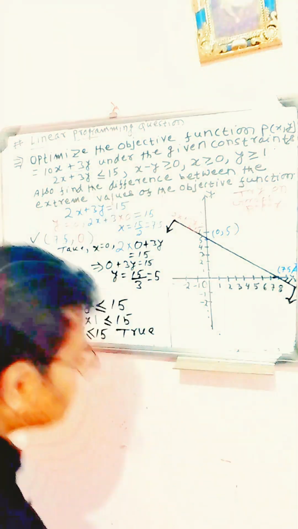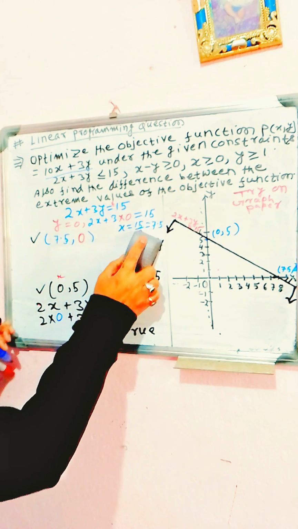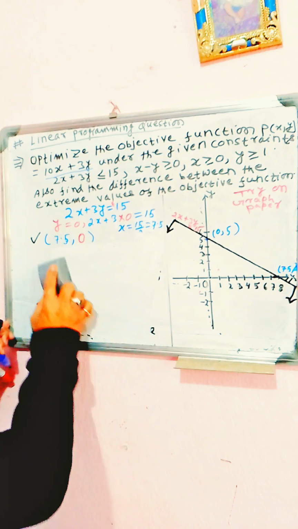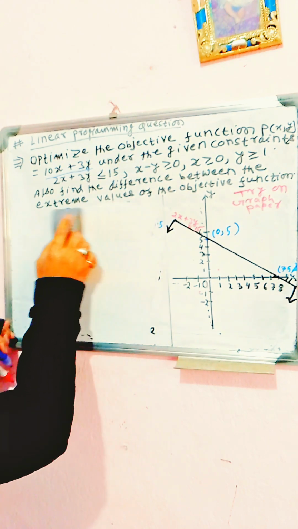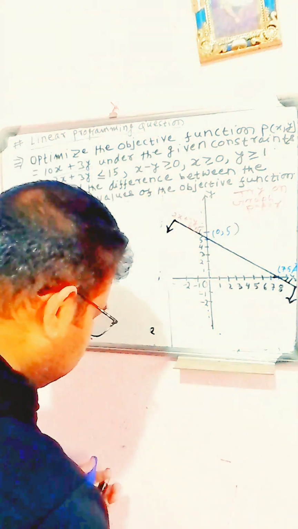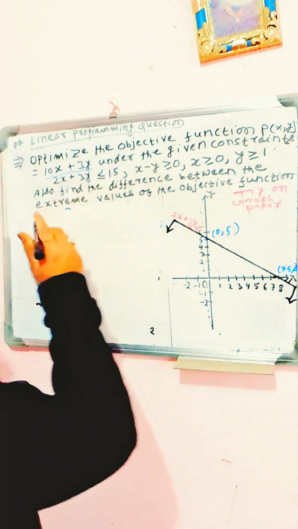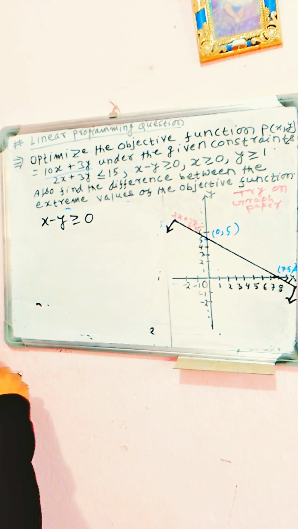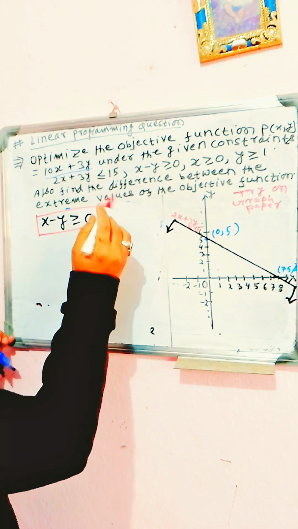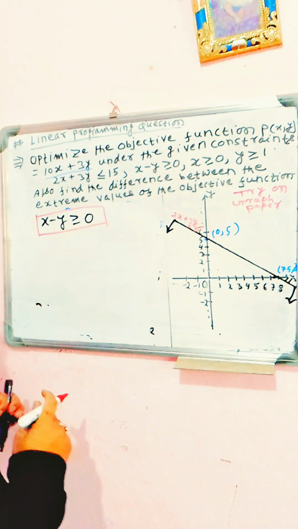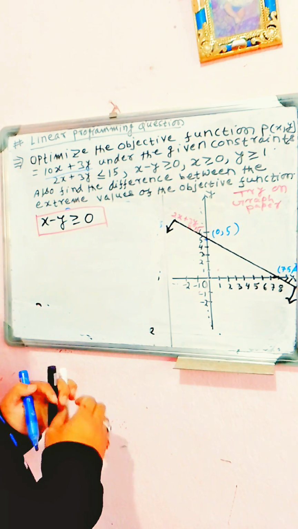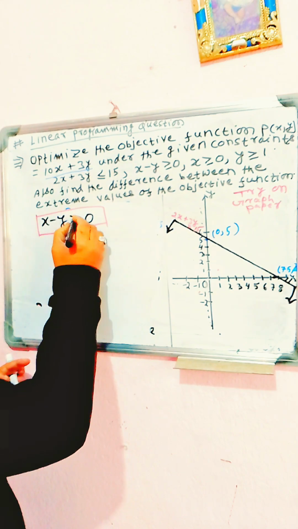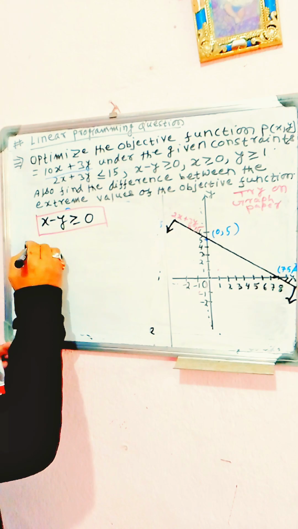Now next we have to see another line, another constraint that is given here. You can check that this other constraint is x minus y is greater than or equal to 0. So this is another constraint given. All these are happening together, you have to understand. So in this case, the boundary line is